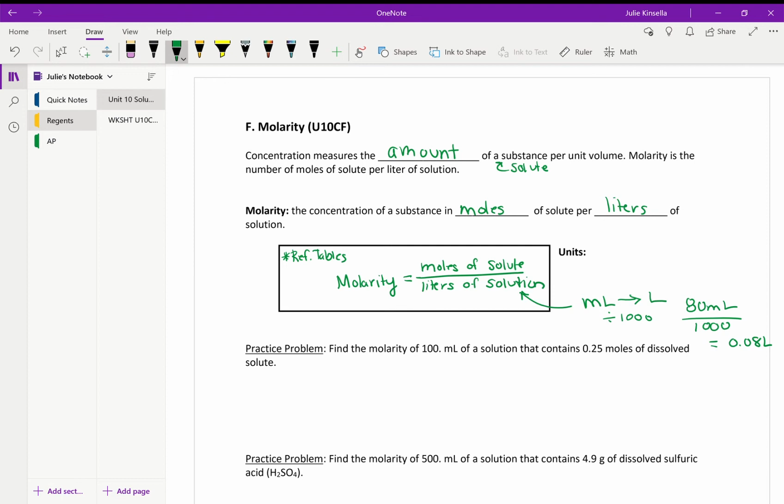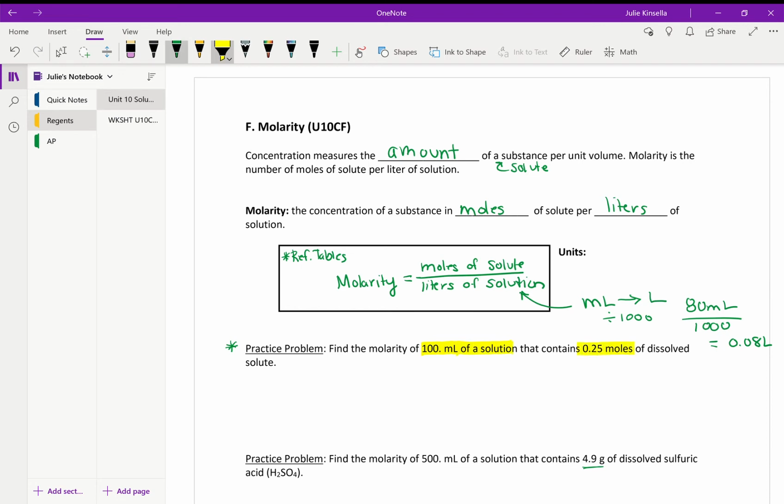Okay, so you're going to see us basically just using this formula in order to do a bunch of calculations. So I'm going to go through this practice problem that's in your note packet. We're going to skip the one below it because it involves grams. We'll come back to that. And then I'm going to show you the first two examples on the worksheet that I provided for you to try out some of these on your own. So for this first question, it says find the molarity of 100 milliliters of a solution that contains 0.25 moles